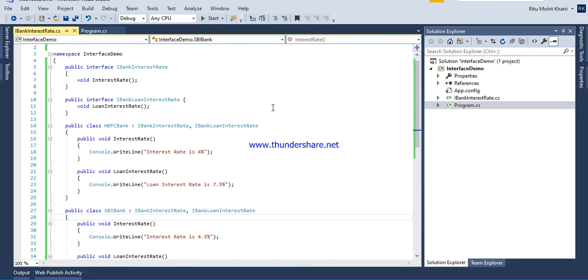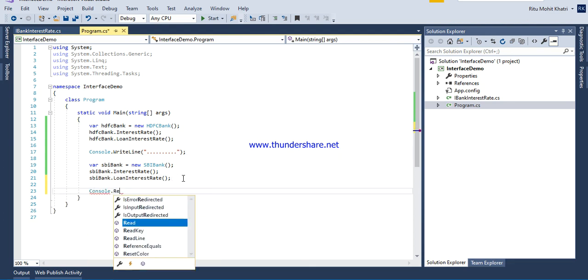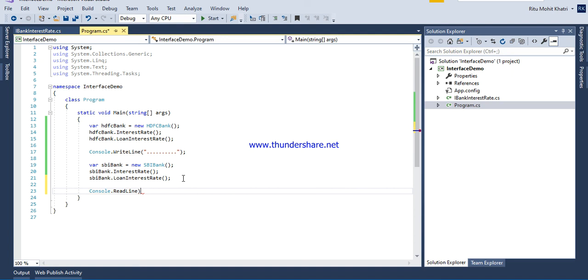It will just take a while. Sorry, we just need to put read line here, otherwise the console will just disappear. Let's run it again.